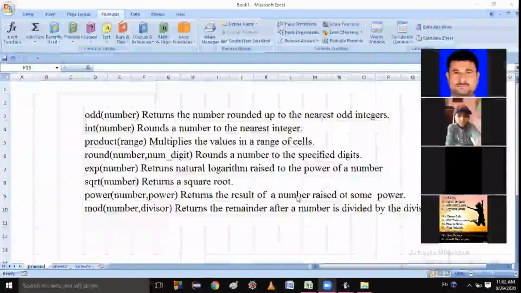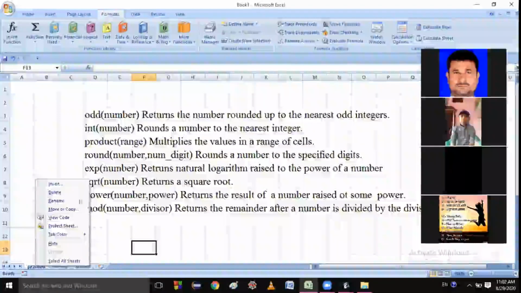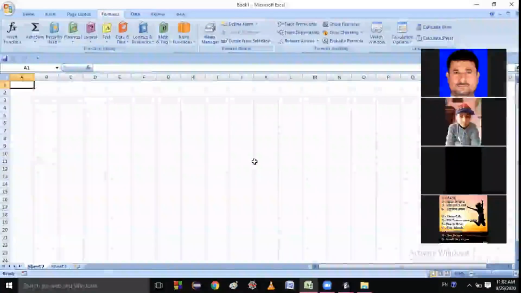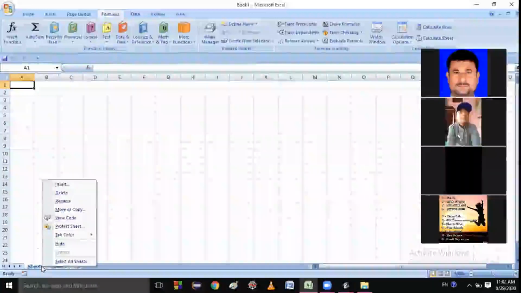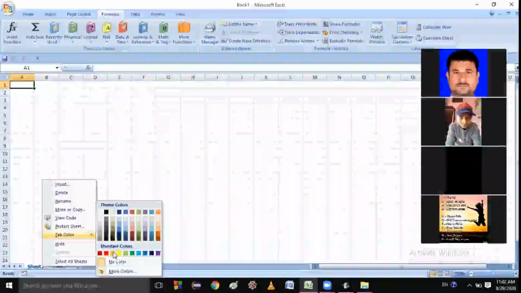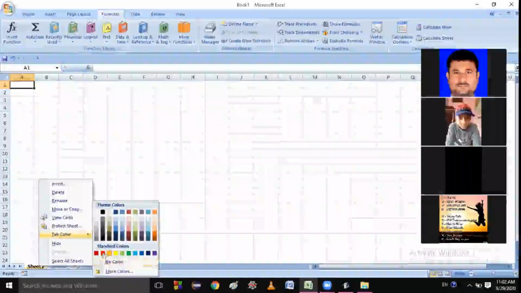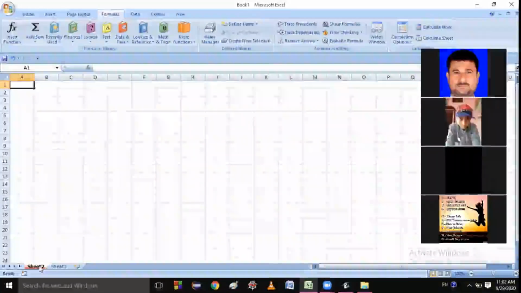Yes, sir. Okay, so you can also delete the worksheet from here. You just click here and delete. This sheet is deleted. So in this way you can rename and delete the worksheet. And next one, this is tab color. Go here, you just see, this color becomes which color? Yellow. If I make it red, then you see this color is red. Okay?